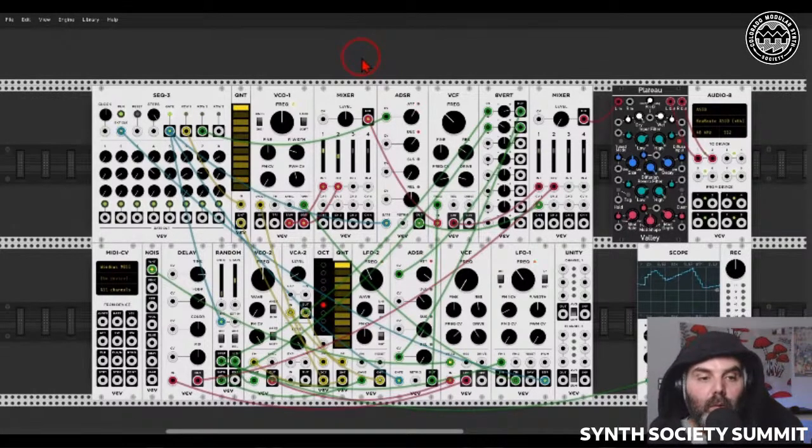A few things before we start, I want to go with you through this patch and show you what's going on. So first of all, I added also the MIDI-to-CV module, which means that you can just use a MIDI keyboard or a MIDI sequencer or whatever to help you with this patch if you want. And also there is the scope that I really recommend using, especially as a beginner, but also as an advanced user.